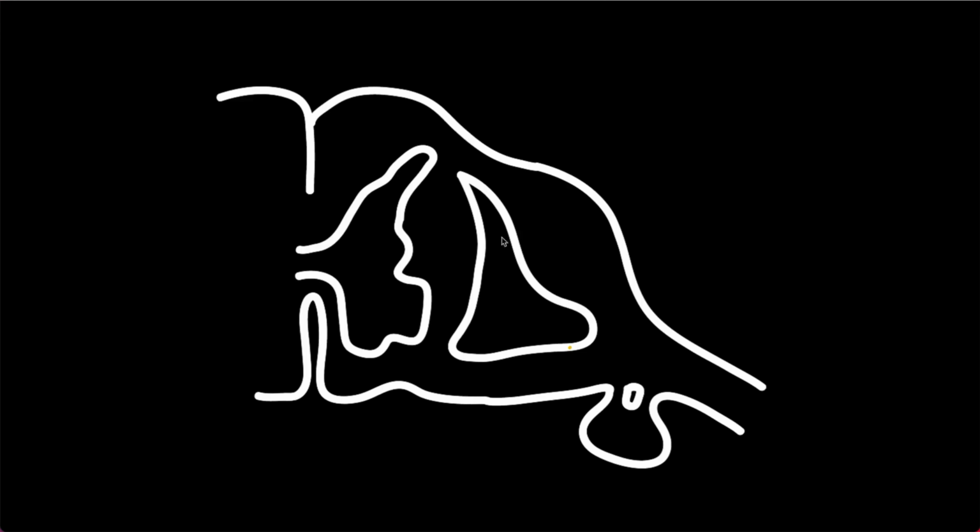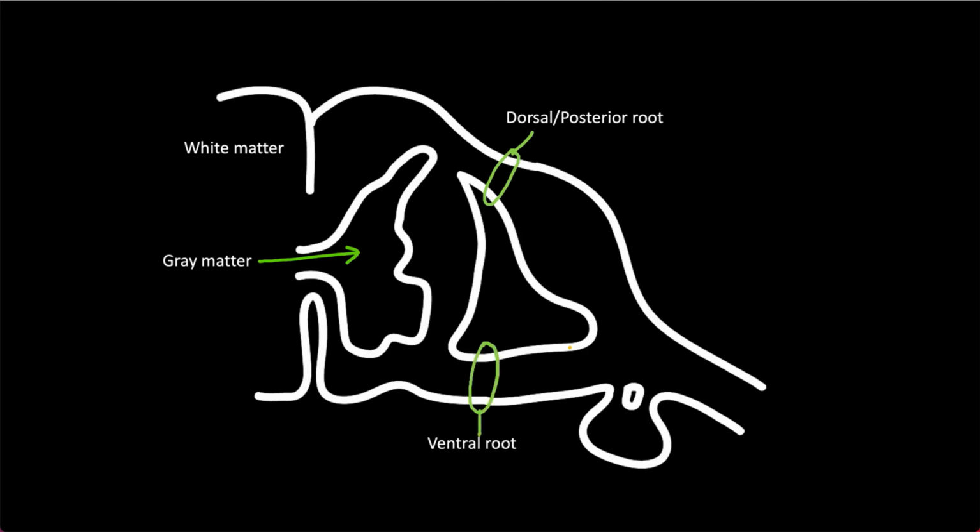The spinal nerves, as we have talked about, appear in multiple rootlets, and these rootlets join to form my spinal nerve. Let's label it. We are looking at the white matter, and this is the gray matter. Posteriorly, this nerve root we call the dorsal or posterior root, and anteriorly we have the ventral or anterior roots. This dorsal root and ventral root join to form my spinal nerve.